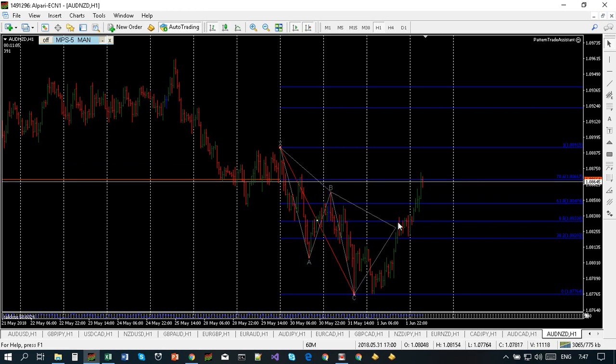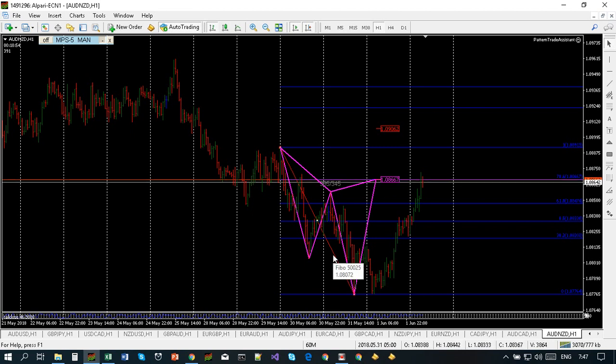So I'd like to check if the pattern I'm looking at is a valid pattern or not, and it is very simple to check it using a manual algorithm, not to stretch the fibs all the time. Okay,